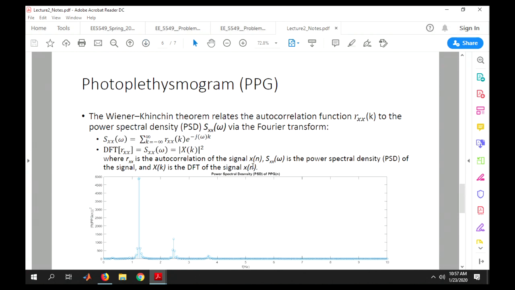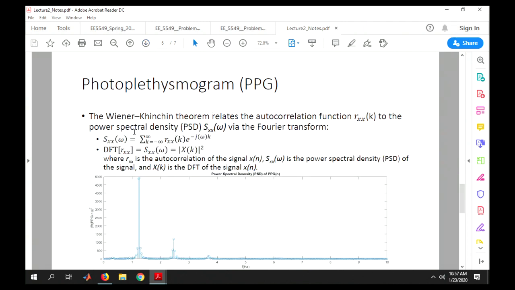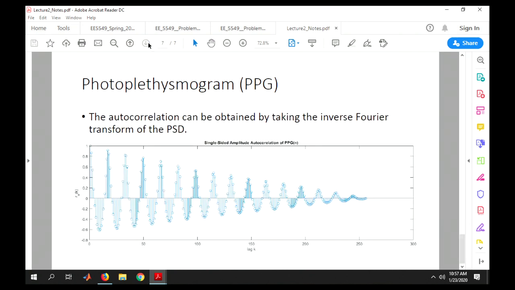Finally, we want to compute the autocorrelation sequence here in a roundabout way. Instead of computing it directly by the MATLAB command xcorr, we compute the DFT X[k], multiply by the conjugate, and get the magnitude squared of X[k], which is the equivalent of the power spectral density. Then take the inverse DFT, and we get back the autocorrelation sequence, and then you can take the zero crossings.